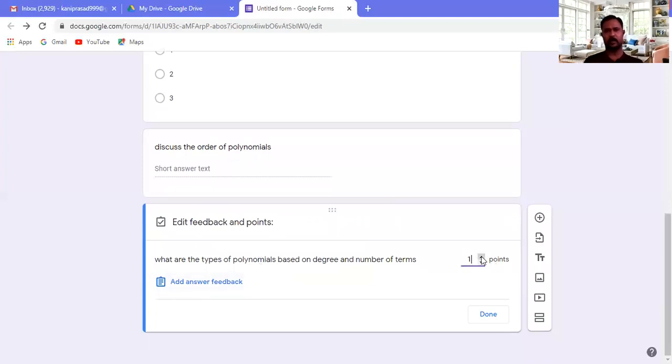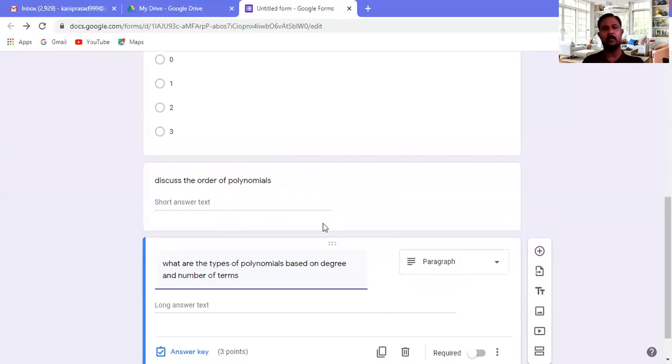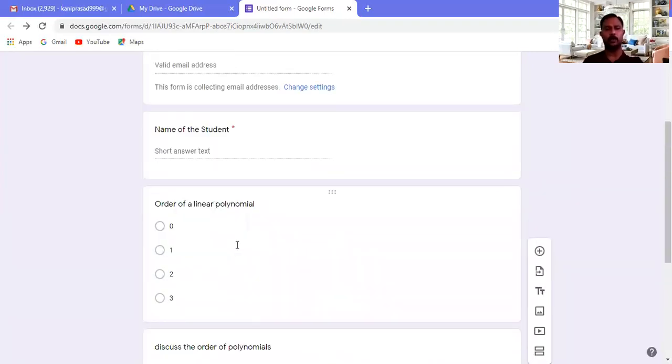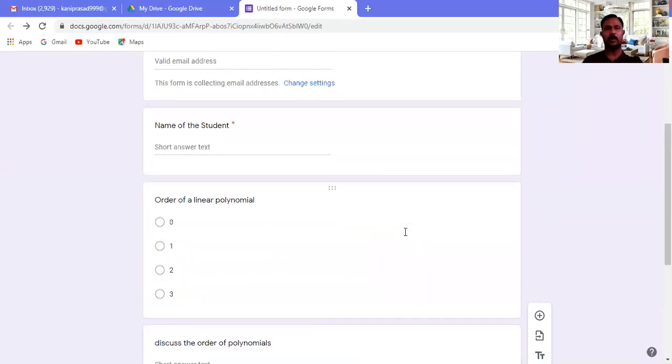Okay, I am giving them 3 points. So after getting the answer, we will check it. Right? In this way, you can add any number of questions. If you need all 10 as MCQ, you go for MCQ only. For short answer, right? So all these methods. Now I am stopping here. I hope you understand these things.